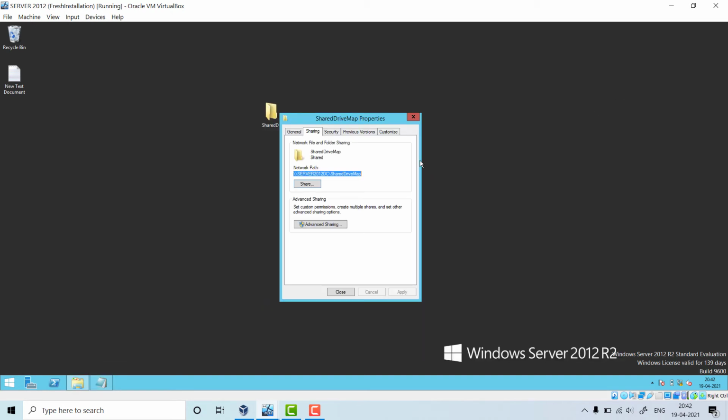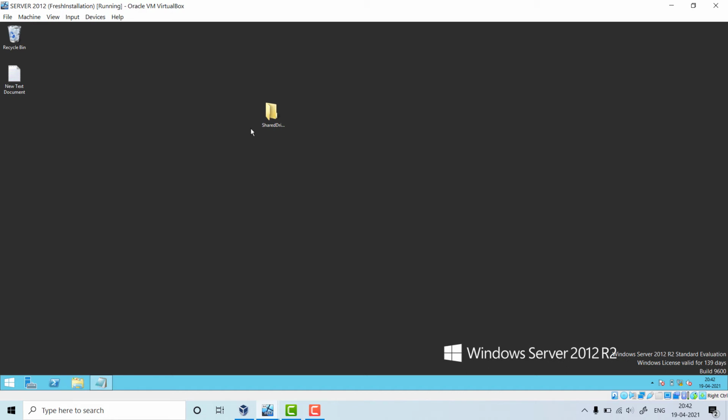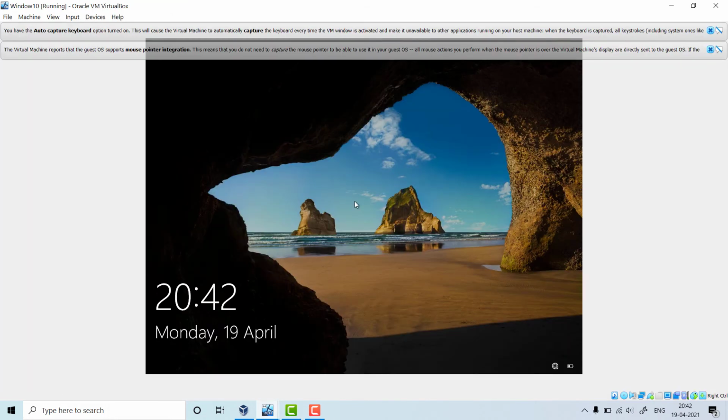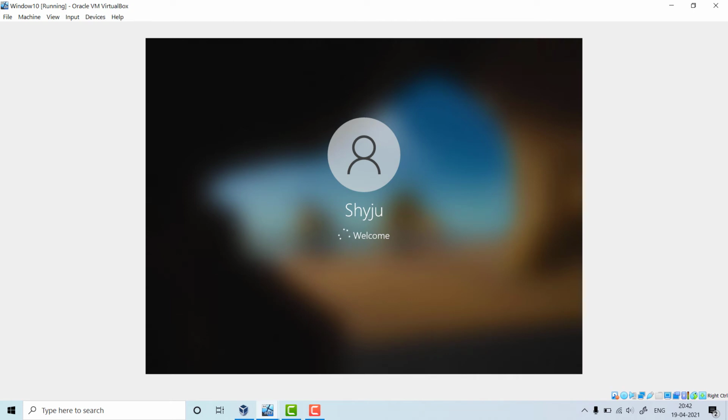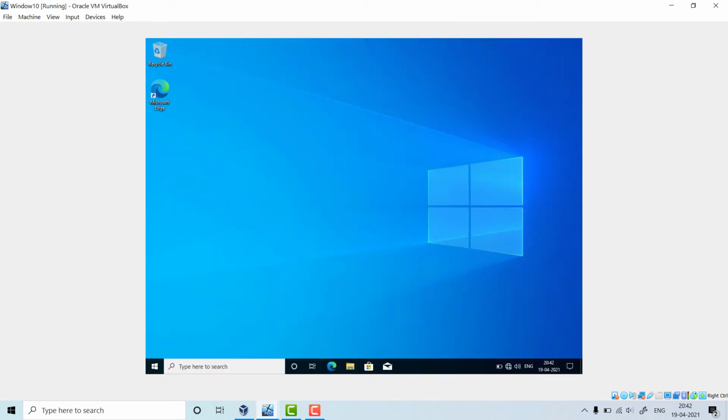Now, what we are going to do: close it. We have shared this folder. Now go to our client machine. Let me log in with Shaiju. On this Windows 10 client machine, I log in with the user Shaiju.